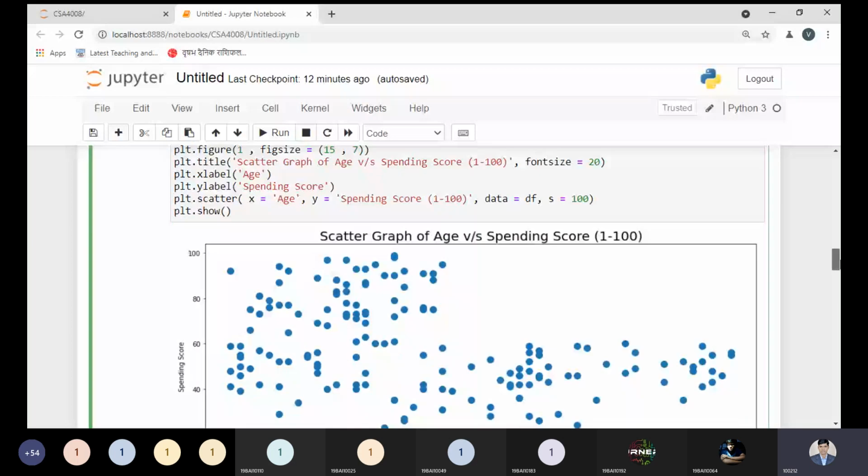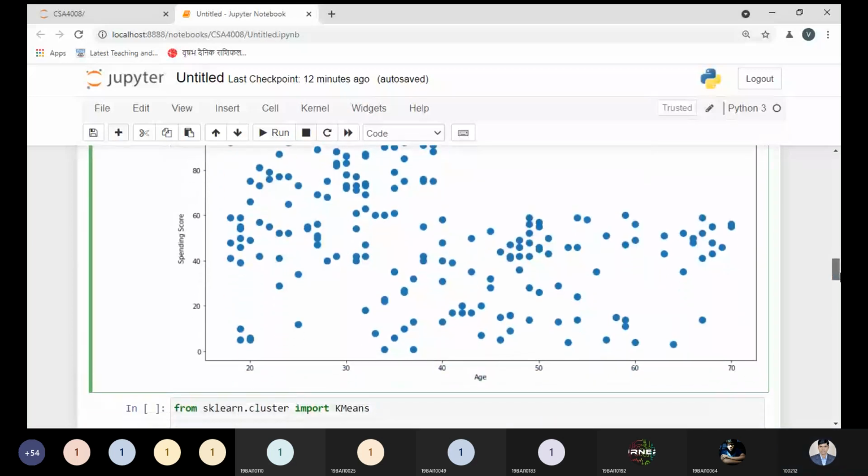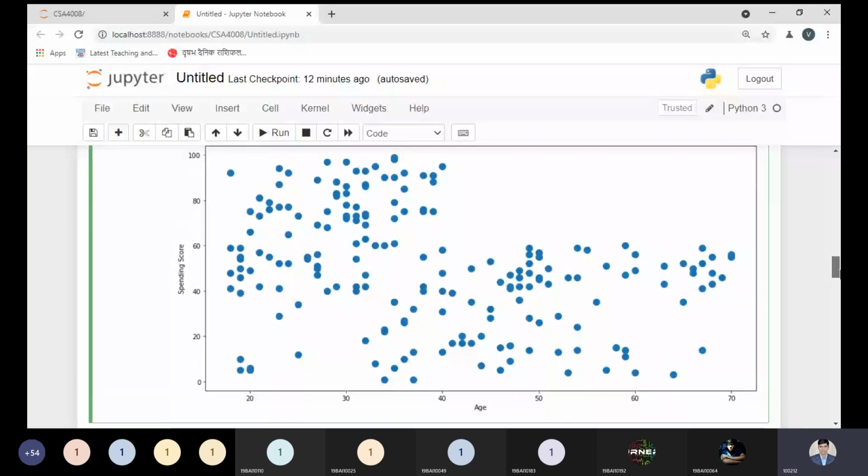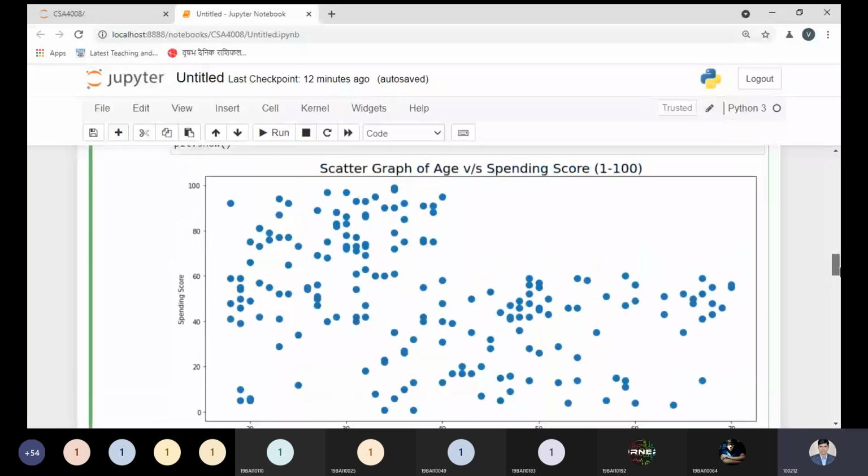Is it visible to all right now? Tell me, is it visible? We are plotting based on the age and spending score over here. The graph is visible to all the people? Tell me right now. Yes, sir.